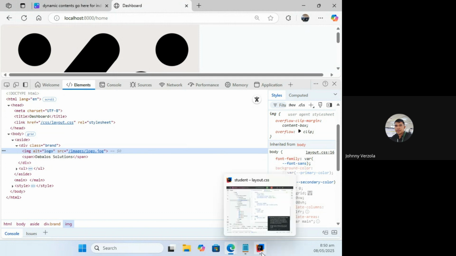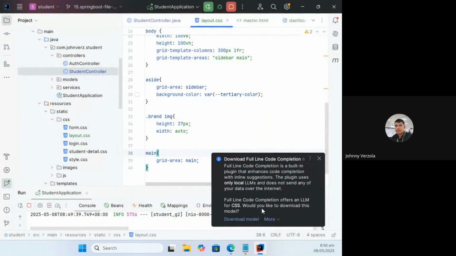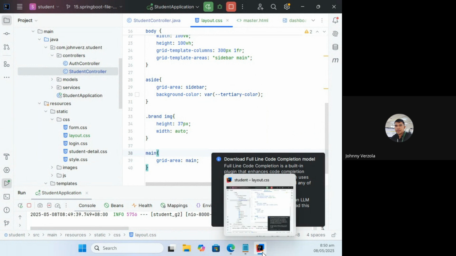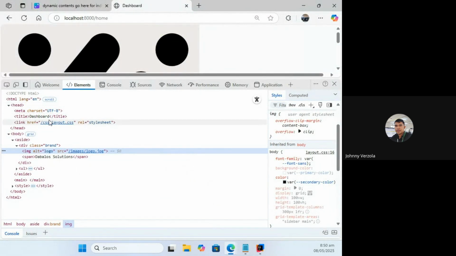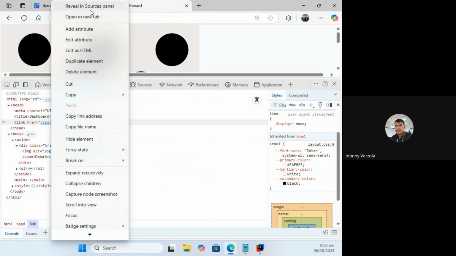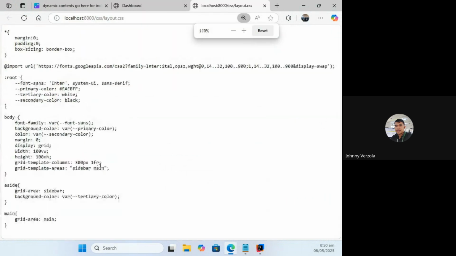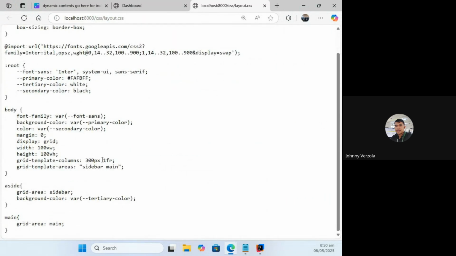As you can see it. Did I not save it? Let me inspect this one. Let me see if na-carry yung change ng code. Wala.